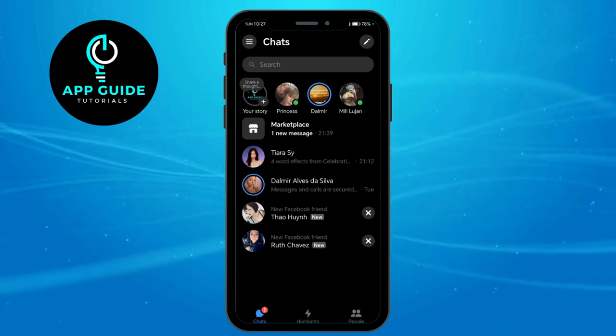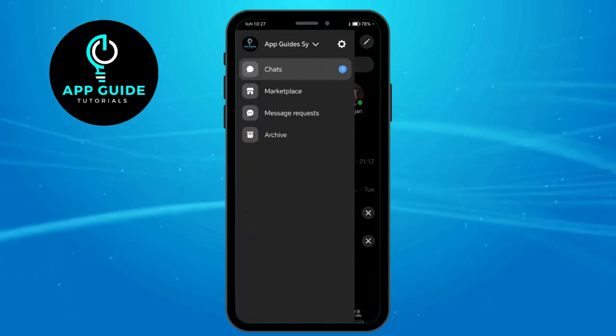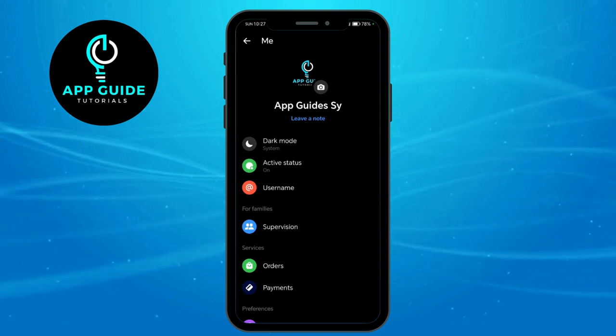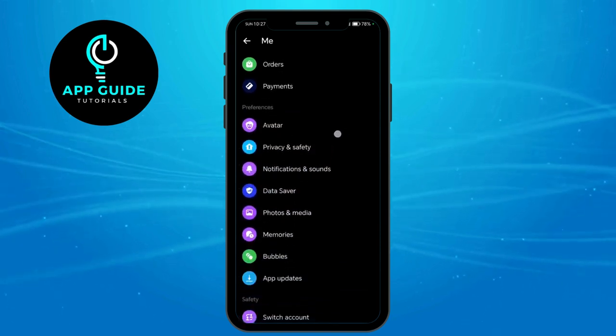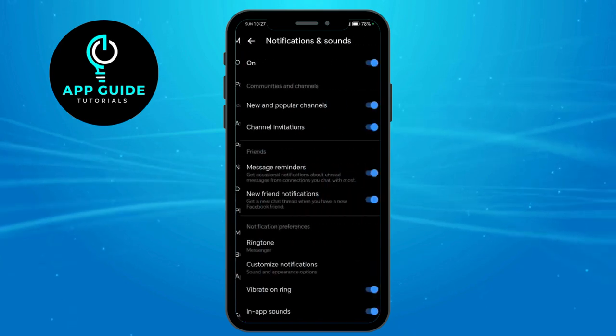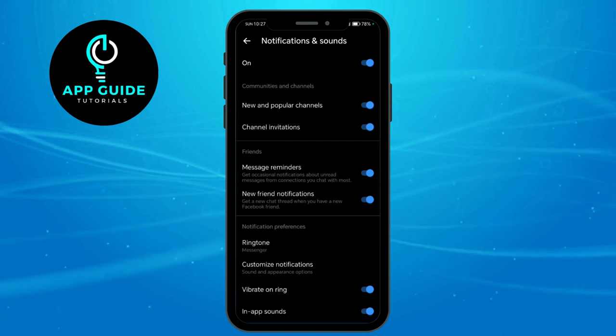Now, in order for you to disable the notifications and calls that you get on your Messenger account, all you have to do is tap on these three lines on the upper corner right here and click on the settings icon right here. Now, once you're here, all you have to do is scroll down until you see notifications and sounds right there. So you just have to click on that